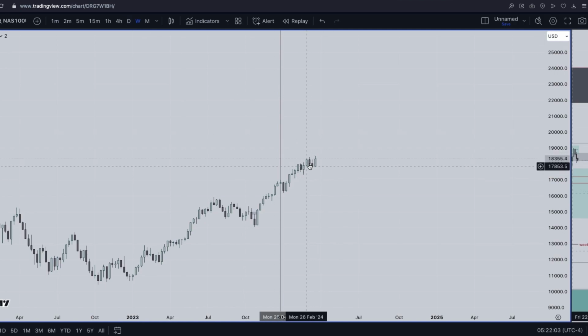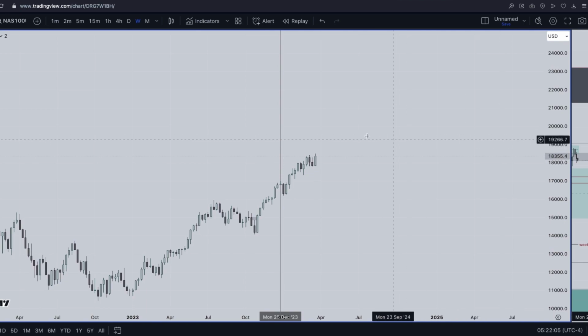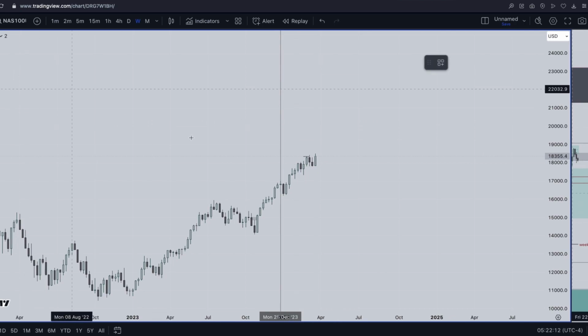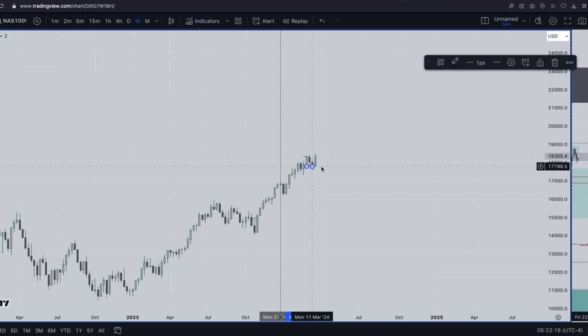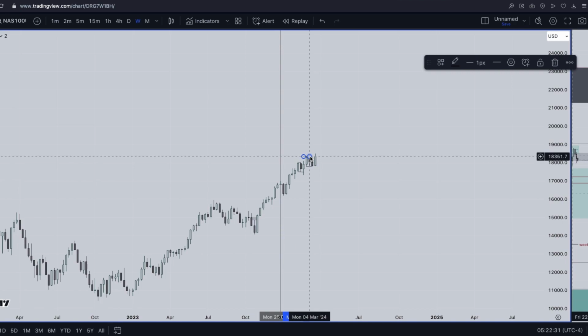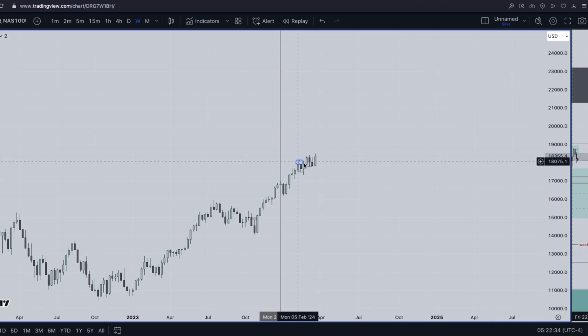Okay, so that is what I see on the weekly, and not too much on the weekly here. Though we're in an uptrend, you can see what price has been doing. We've been taking out previous highs and previous lows, and going back. This is how Nas has been moving for a while. Previous highs and previous lows being taken out, and then price reverses. So this is what's been going on NASDAQ. So now what do we have?